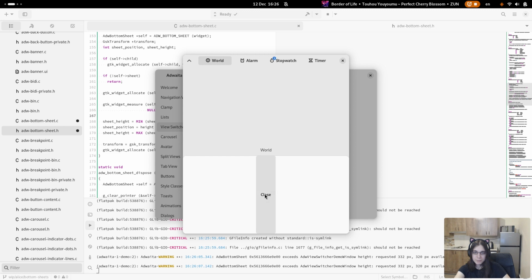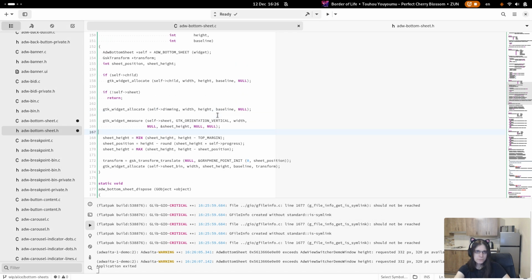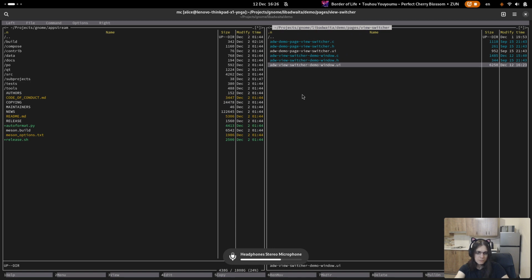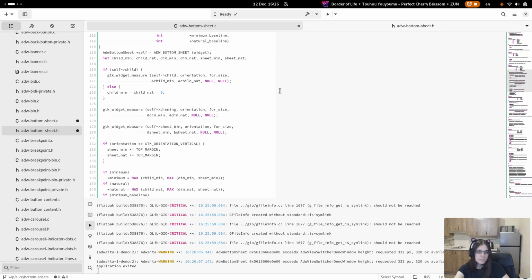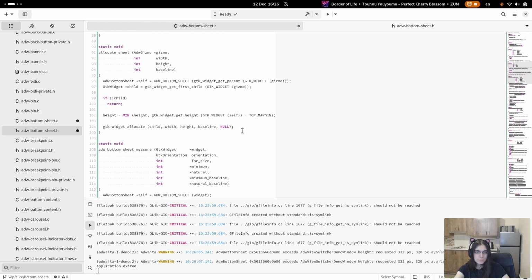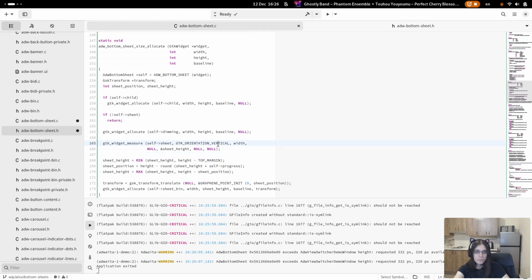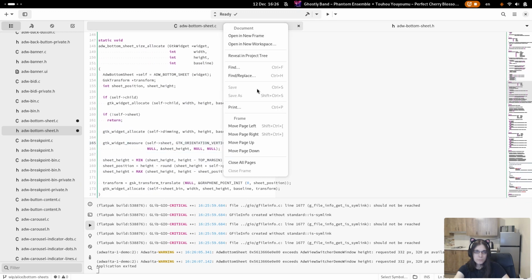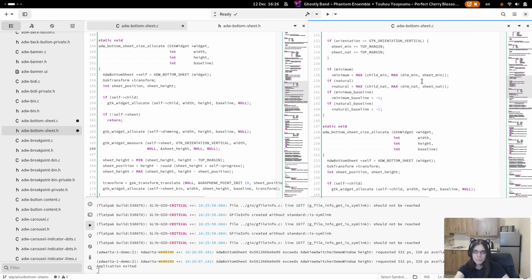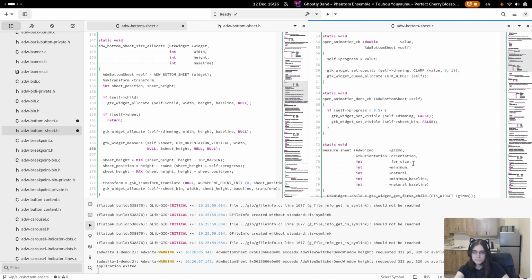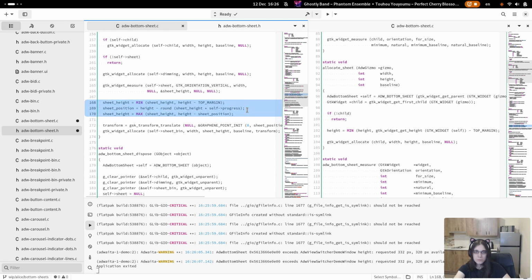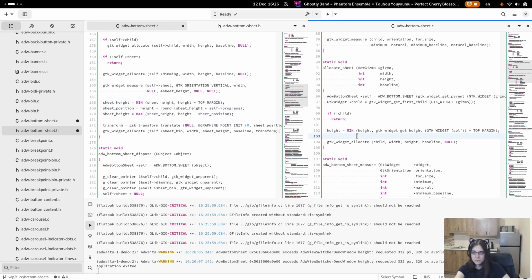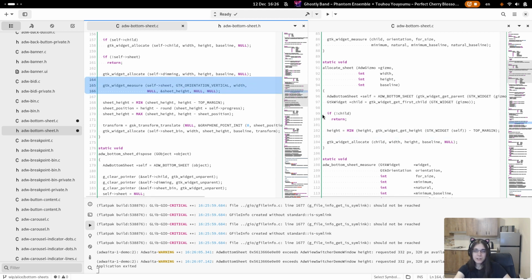Now I have that problem where the button expands. Let's make it a bit smaller. Well, yeah, I'll need to measure it again.